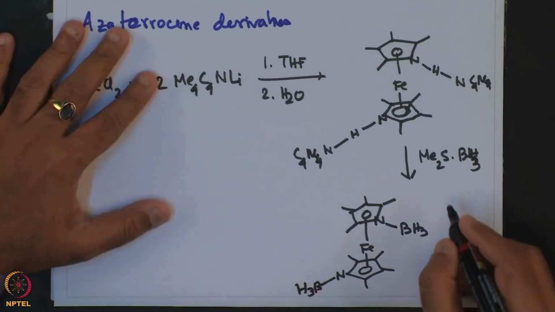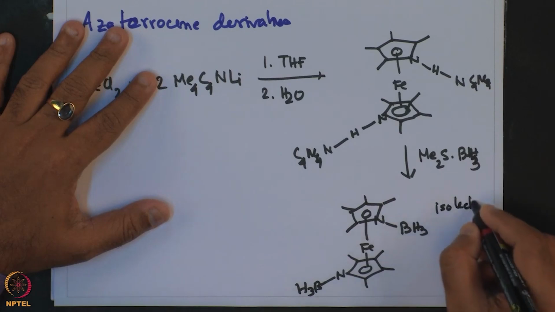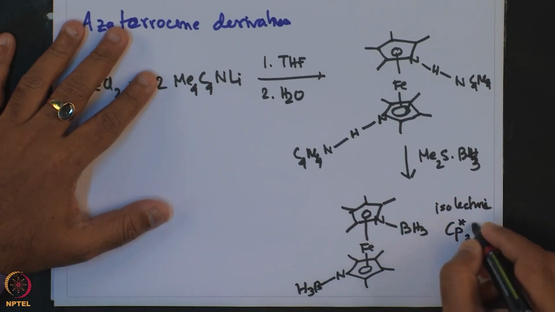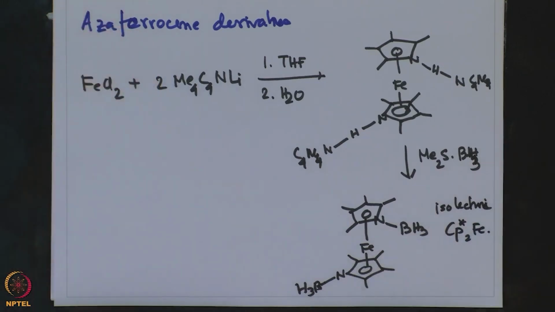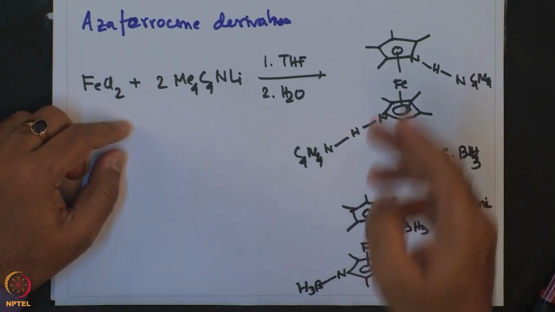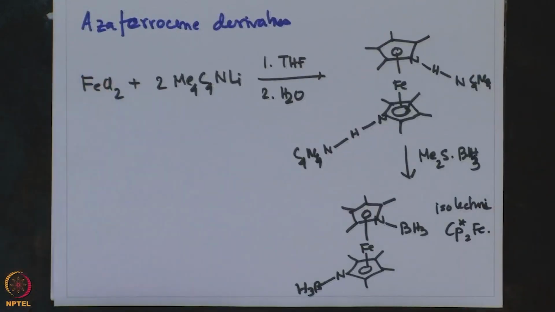And this one is isoelectronic with Cp*2Fe. So, here is a synthesis of azaferrocene, where both the heterocycles form a sandwich complex with iron. And another interesting reaction of the same theme was made with the more sterically demanding substituted pyrroles, and